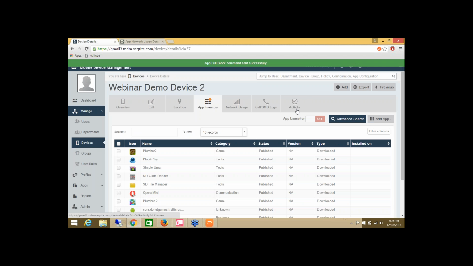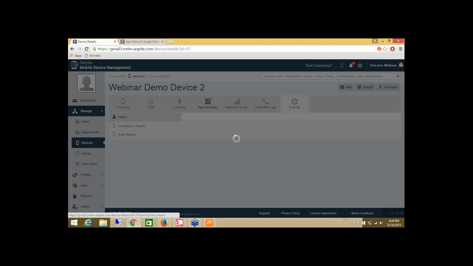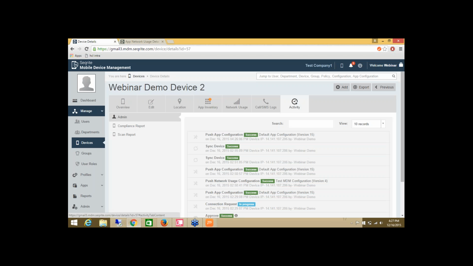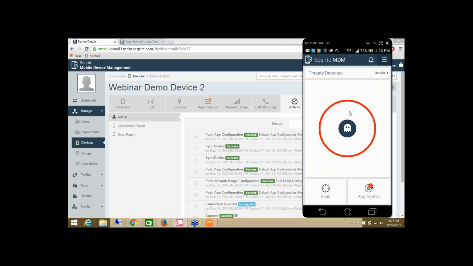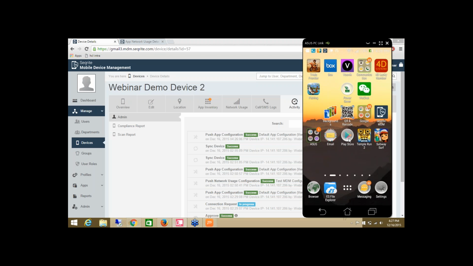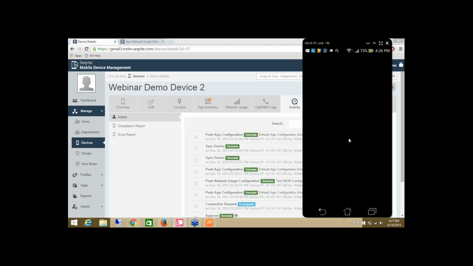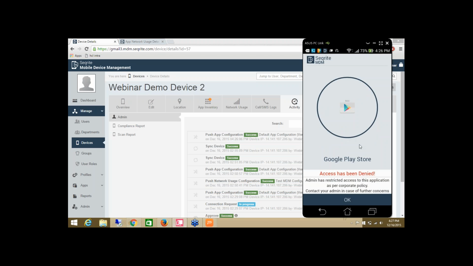Now the block command is sent to the device. Let's see what happens on the device. For example, this is a device to which the application is sent as block. I'll go to its home screen and launch Play Store. This is the block screen which would be displayed if the user tries to access that application.